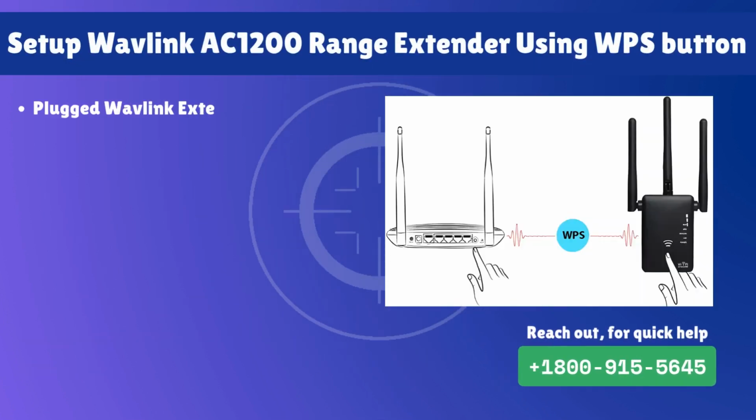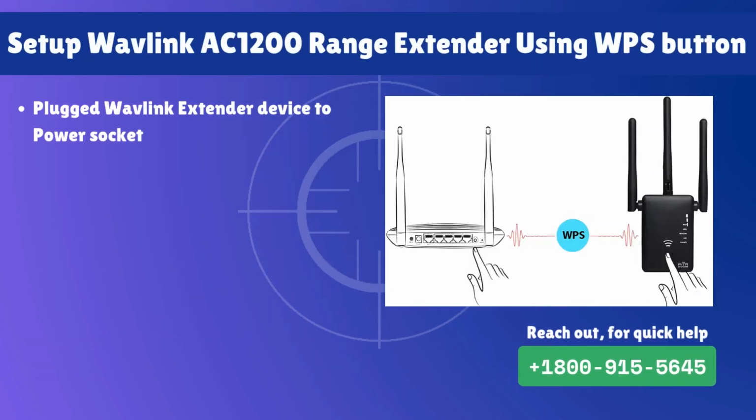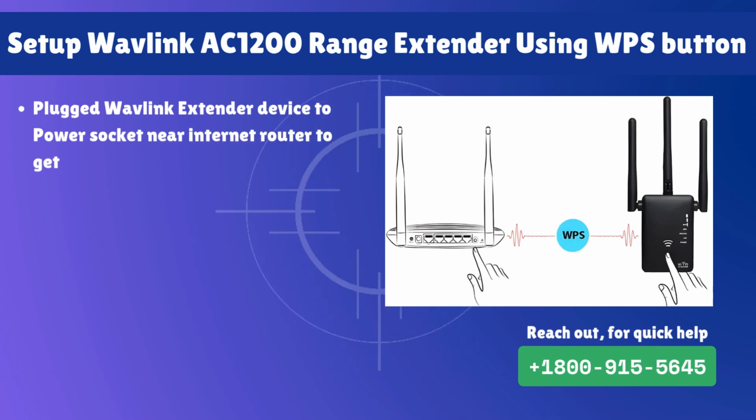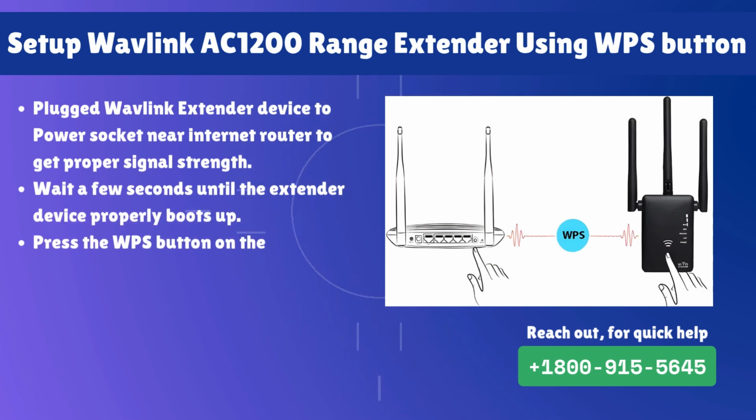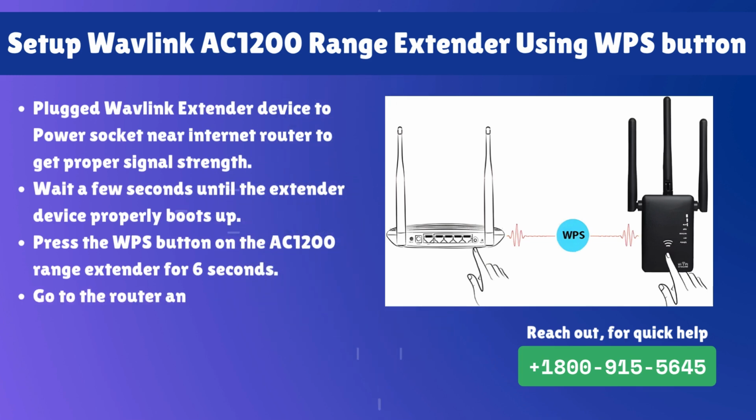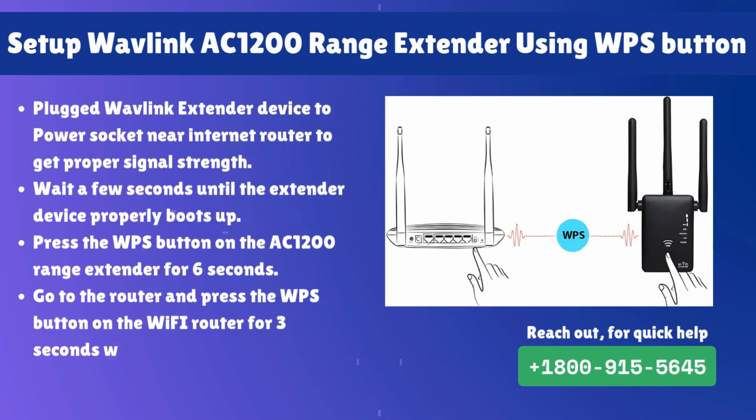Set up Wavlink AC1200 range extender using the WPS button. Plug the Wavlink extender device into a power socket near the internet router to get proper signal strength. Wait a few seconds until the extender device properly boots up. Press the WPS button on the AC1200 range extender for 6 seconds. Go to the router and press the WPS button on the Wi-Fi router for 3 seconds within 2 minutes of